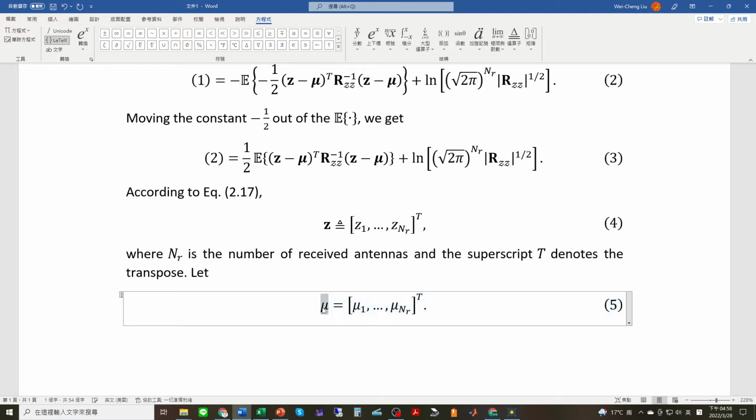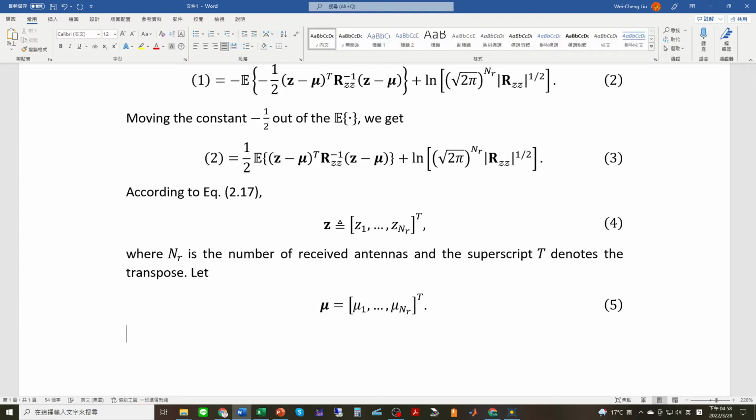Oh, sorry, boldface and italic. Let vector mu is equal to mu1 to mu nR transpose. Then